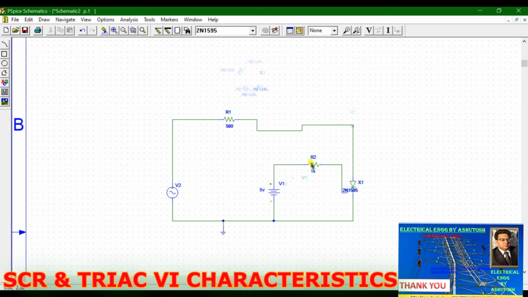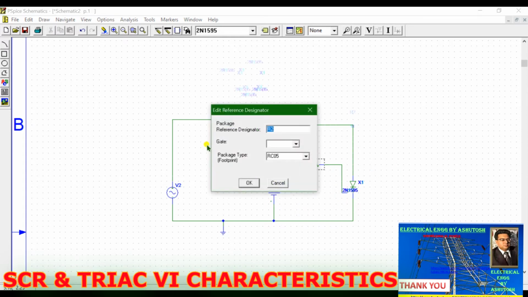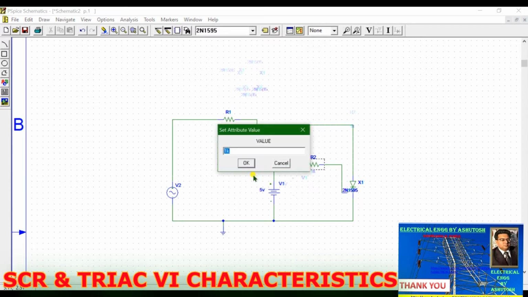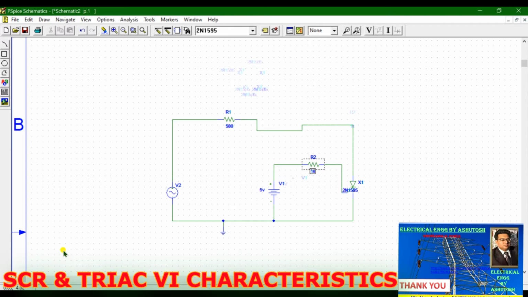Okay guys, then click on R2, this is the R2 resistance which is connected through the gate. Click OK if you want to change the value.